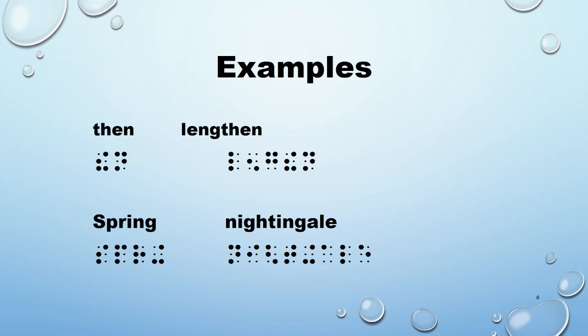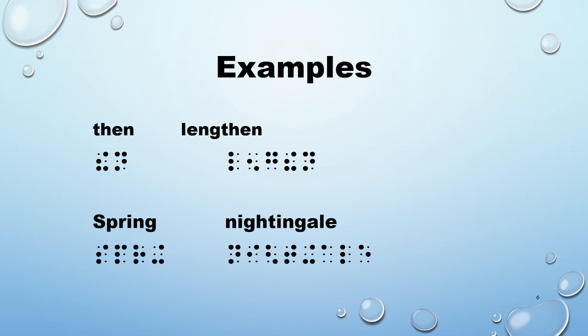Another example is the word "lengthen." In the word lengthen, we can use the contraction for "en" after L, no? So L-E-N, so we can contract "en" there. But for the last "en," we will not be able to use it, since we will prefer the contraction for "the." Next is the word "spring." Instead of using the contraction for "in," we will be